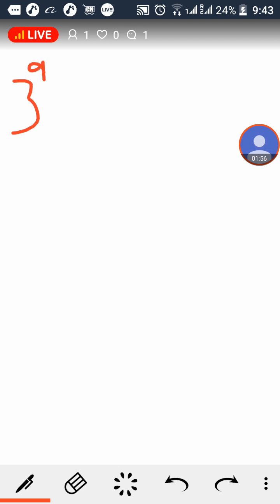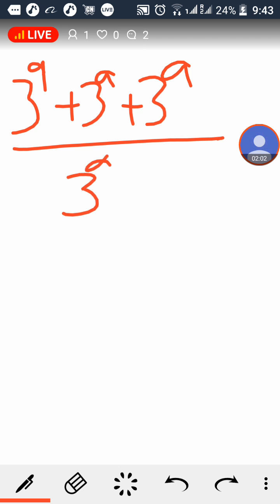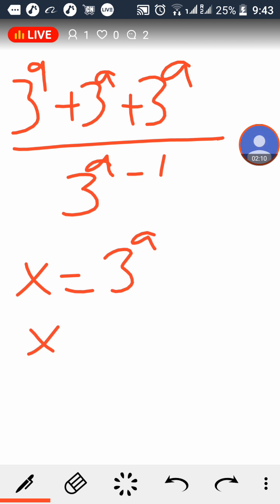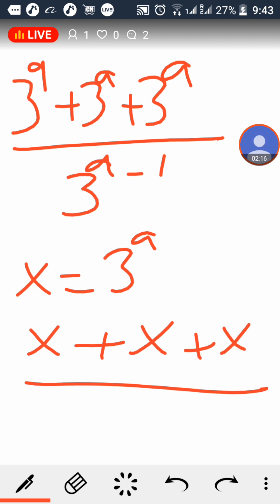Again, just go to 3 to power a plus 3 to power a plus 3 to power a over 3 to power a minus 1. See, if you let x equal 3 to power a, then what you get is x plus x plus x. And now you are getting 3 to power a times 3 to power negative 1, right? So you can erase this 3 to power a and replace it with x. So what you get in the numerator is 3x,